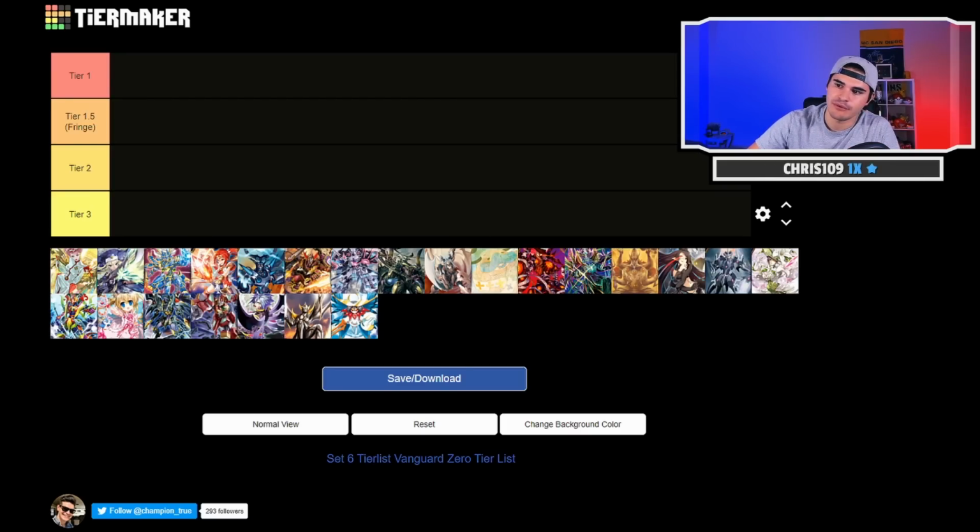Really quickly before we move on, we have of course the different tiers. If you guys haven't watched one of these videos before, we have 4 main tiers whenever we do tier lists. We have tier 1, tier 1.5, tier 2, and tier 3. Tier 1 is obviously tier 1. It's the best decks. They're the ones everyone's playing. They're the ones that are the most powerful. Tier 1.5, however, are sort of the fringe decks, the decks that people still love to play but aren't necessarily as powerful or as popular as the tier 1 decks,